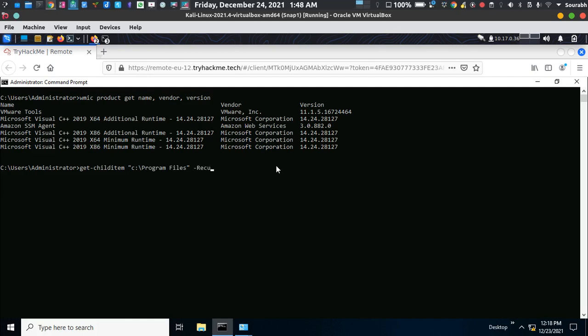Recurse, Get-Acl for access control, then match everyone, Allow, Modify.